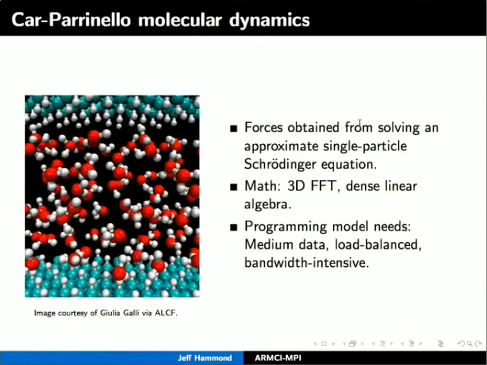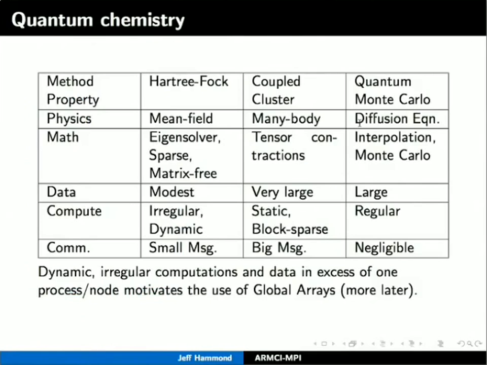Density functional theory, Car-Parrinello molecular dynamics, is much more bulk synchronous in nature. Essentially all the codes in that space are traditionally written in MPI-1, maybe with threading in the math libraries. There's a decent amount of data, but these algorithms are relatively straightforward to distribute, and they scale. Now, when we move into quantum chemistry, we have a bunch of different methods that fall under this umbrella,